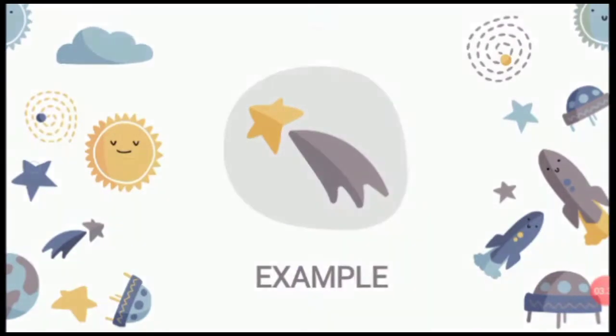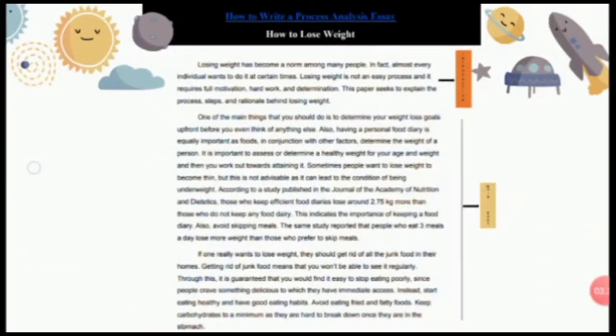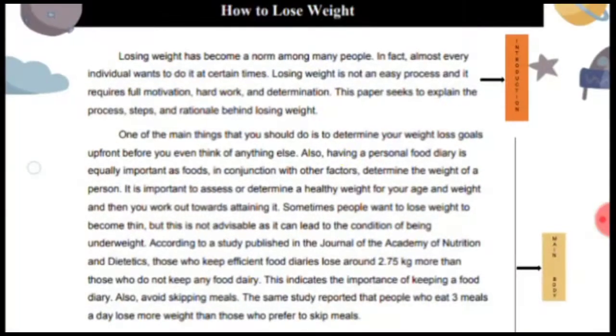Example of a process analysis essay. How to write a process analysis essay: how to lose weight. The first is introduction. The introduction is in the first paragraph, because the contents discussed are about